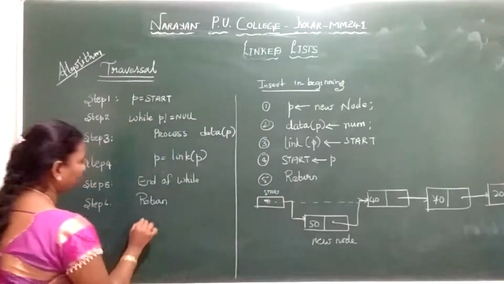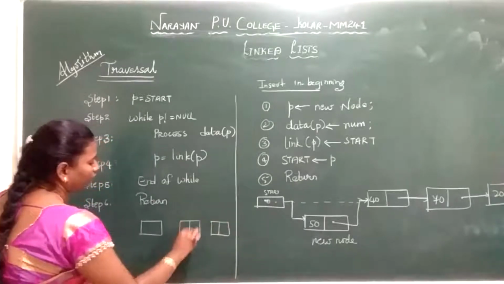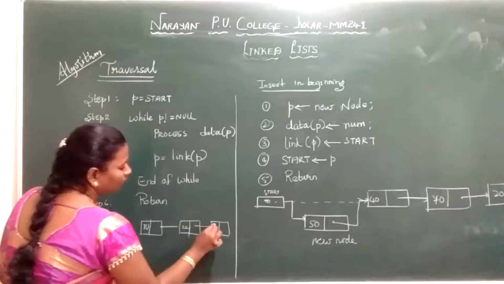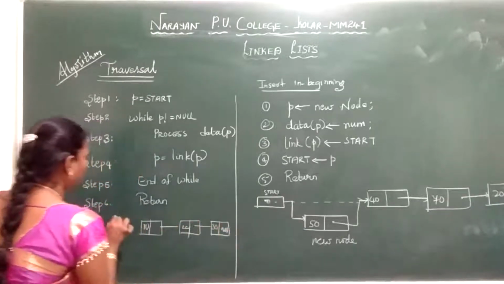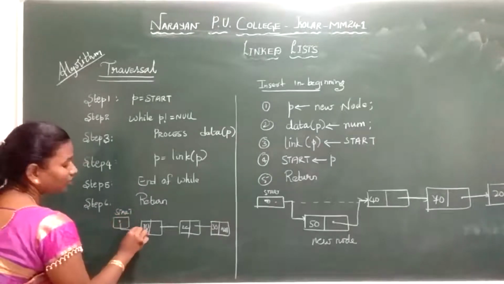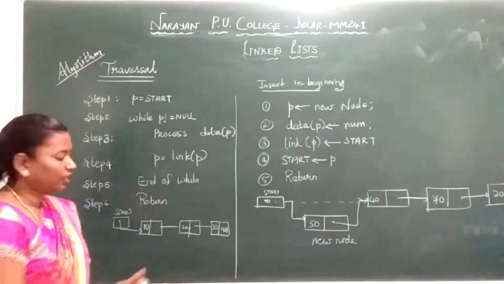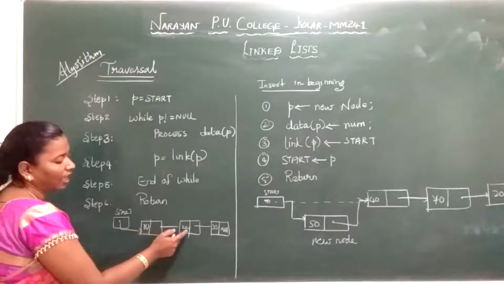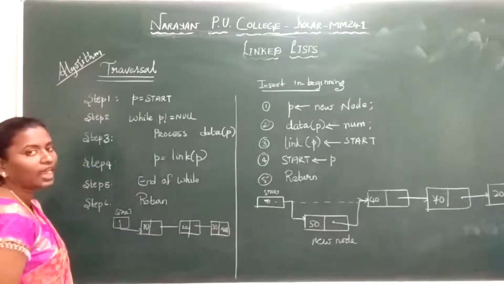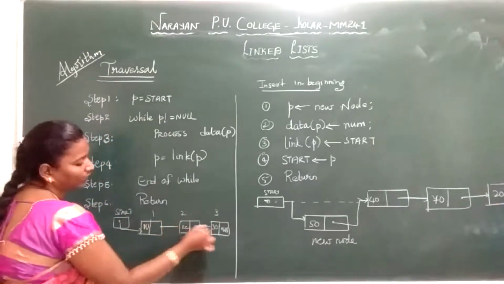Here, for example, imagine I have 3 nodes. I insert the elements 10, 20, 30. The last field is null. Now I am creating the nodes. So this is your start. Start will always have the address of your first node. Next is your link field. The first node's link field has the address of the next node, and the second node's link field has the address of the third node. Node 1, node 2, node 3. So my elements are 10, 20 and 30.